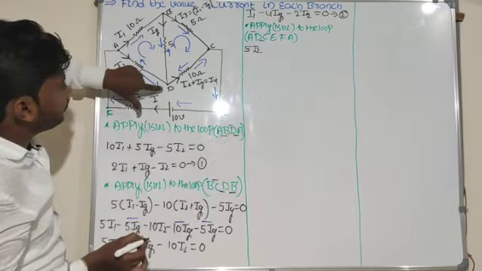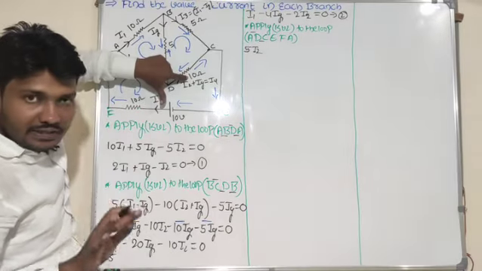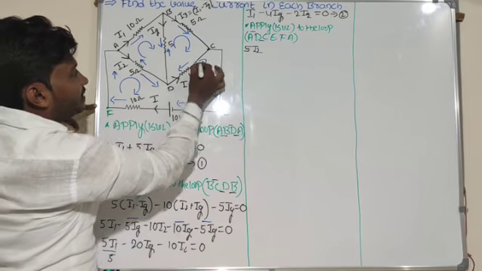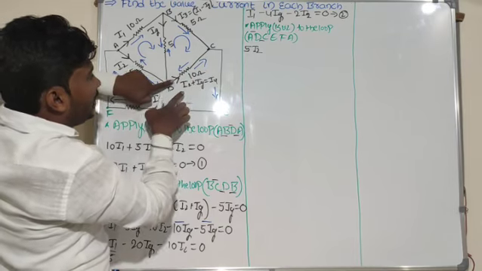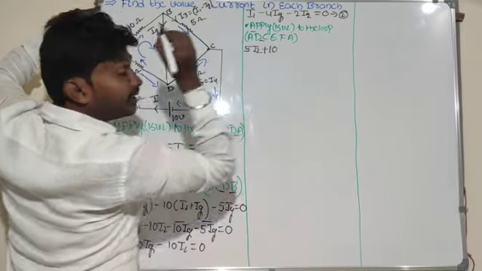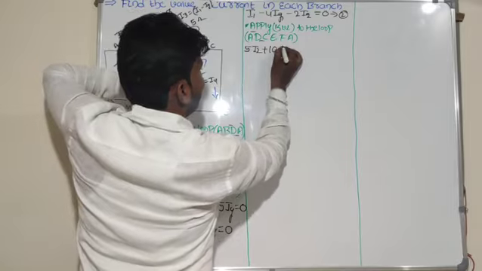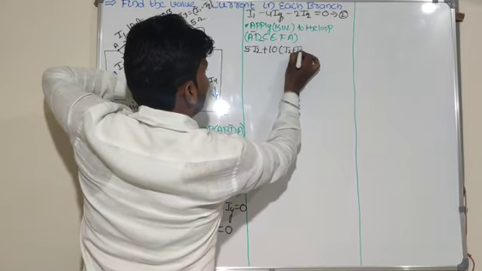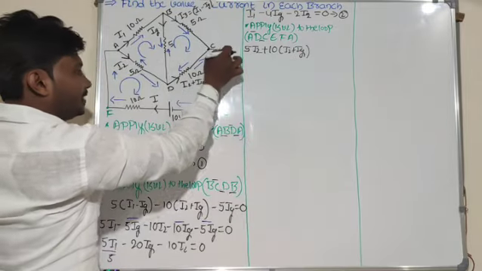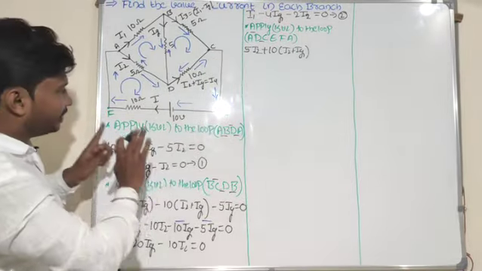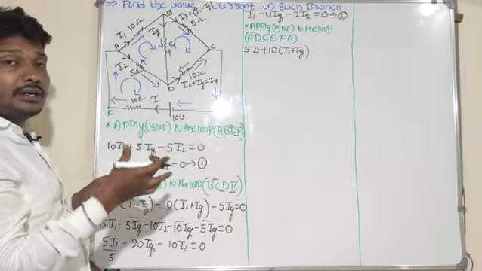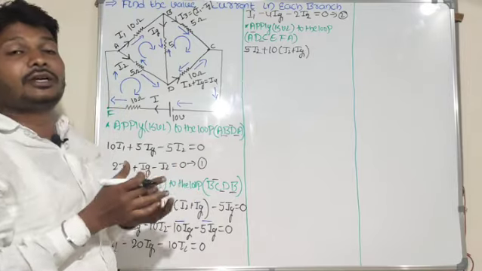Next, D to C. Look here, D to C, resistance is 10 ohm. This is the current here. This is the direction of actual current, and this is the direction of imaginary current. So actual current and imaginary current are both in the same direction, which means I can take the positive value 10 of I2 plus Ig. Next one, C to E, there is no resistance. Now come to the point.